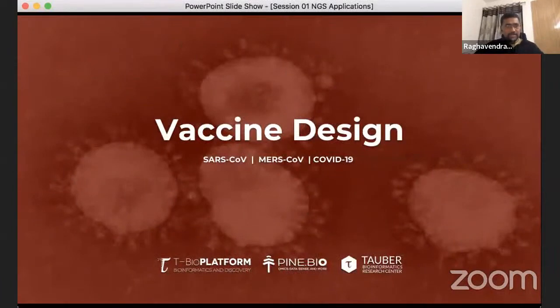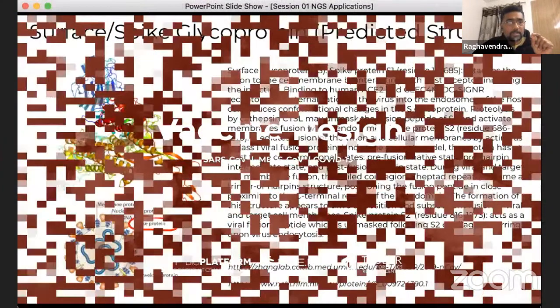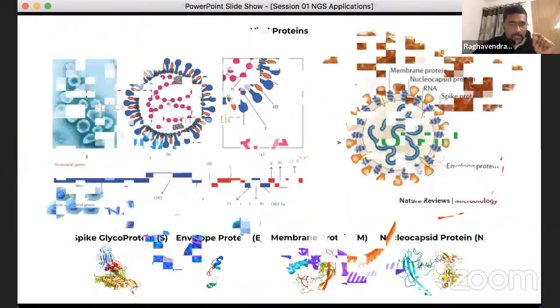So this analysis will form the bedrock, or will form the basis of vaccine design as well. If one identifies from these multiple sequence alignments those stretches of sequences that are common,